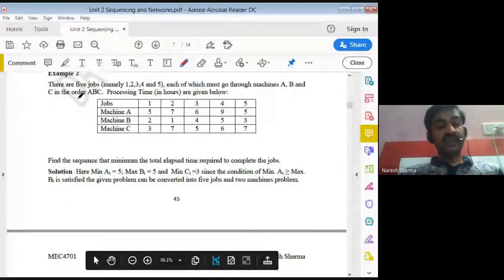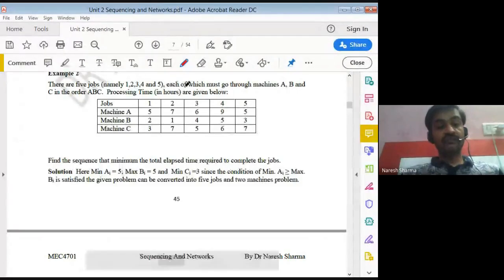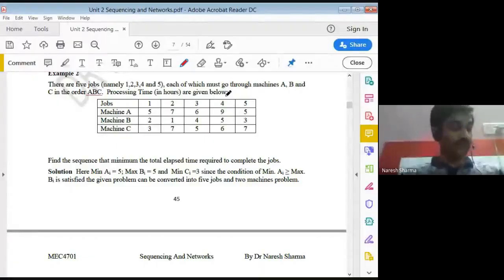There are five jobs, 1, 2, 3, 4, 5, each of which goes through machines A, B, C in order. The order is always important; it should be A, B, C. The processing times in hours are given in a table.